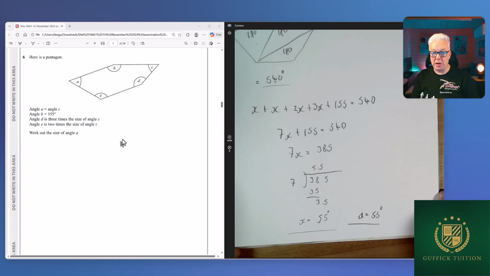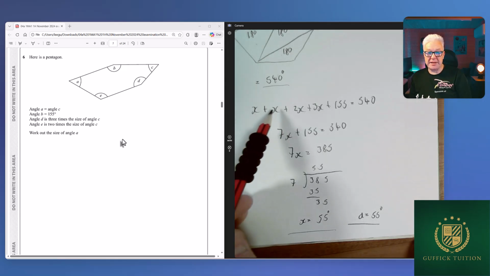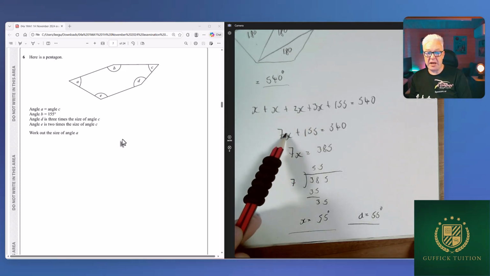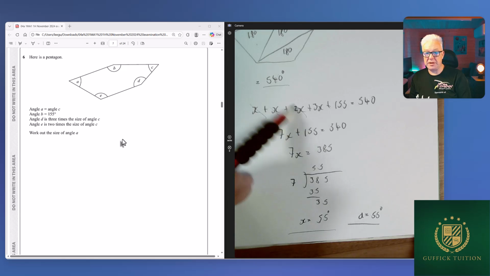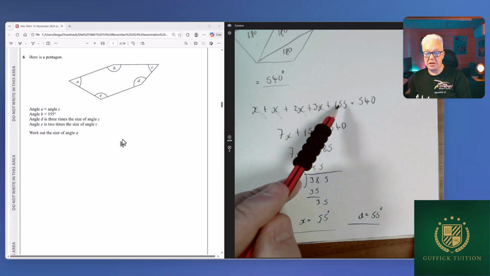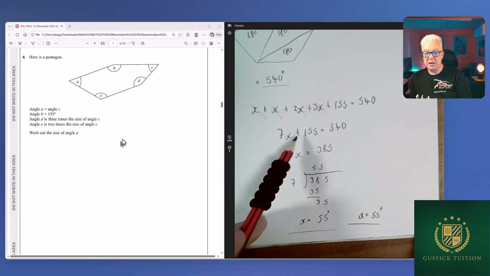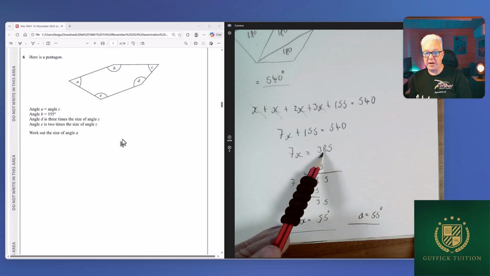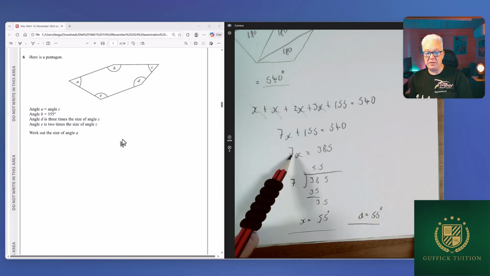So when we add them all up, we get this expression. And x add 2x add 3x is 7x. So adding all those together gives us 7x plus 155 is 540. Take off 155 from 540, we get 385. And then we do